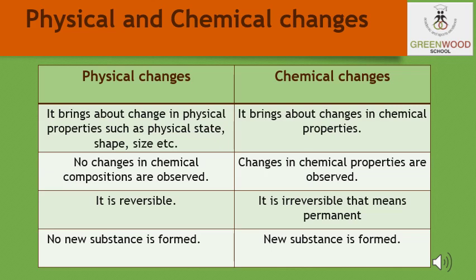For example, both water and cooking oil are liquid, but their chemical characteristics are different. They differ in the odor and inflammability. Oil burns in the air, whereas the water extinguishes the fire. That is, it is the chemical property of the oil that makes it different from the water. Now students, here in the slide you can also see the other differences between the physical and the chemical changes. You can go through these differences.